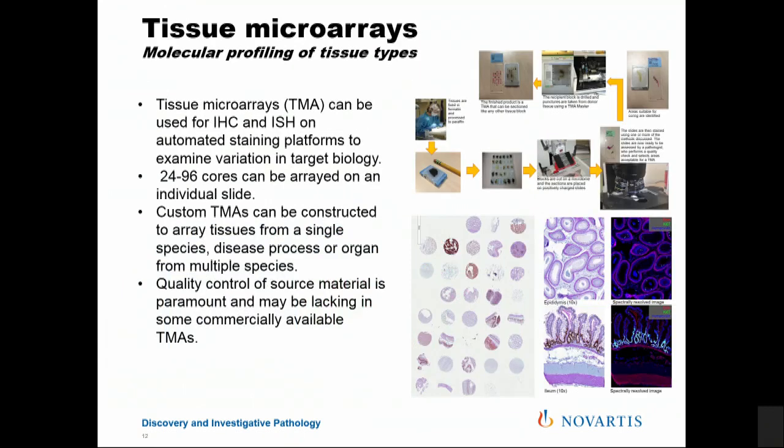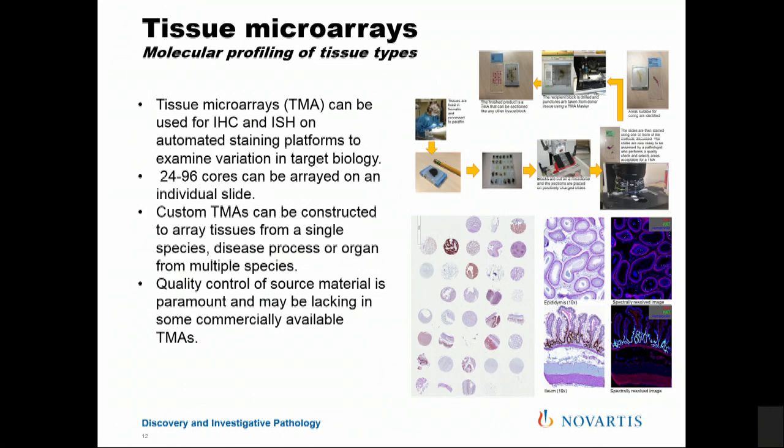Tissue microarrays also fit within this workflow. So tissue microarrays can be used for both immunohistochemistry and in situ hybridization on these platforms. The TMAs can contain 24 to 100 or more cores. They are arrayed on an individual slide. And you can create custom arrays that are focused on a single species, on a single organ, a single disease